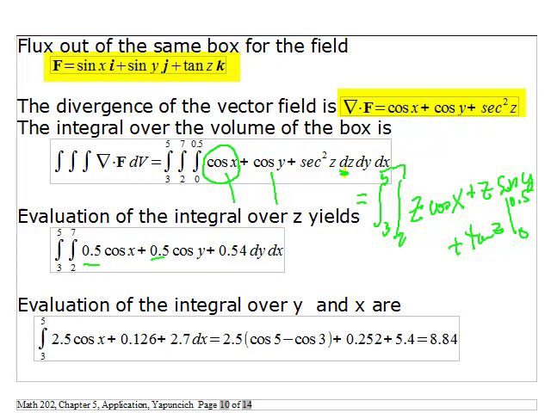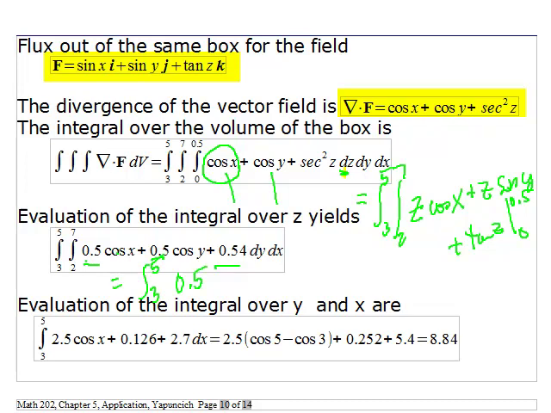That's why you see the 0.5 here, the 0.5 here, and of course, tangent of 0.5, you get the 0.54 here. Okay, now you integrate in y. Now remember, when you integrate in y, what happens here? You'll still have the limit 3 to 5, but 0.5 cosine x is treated as a constant. So this would be,